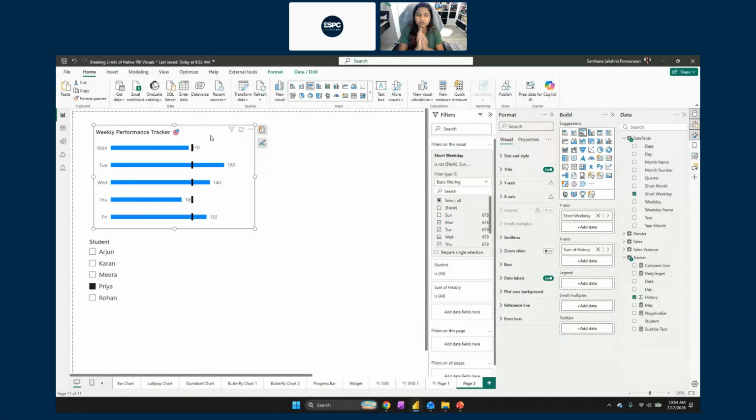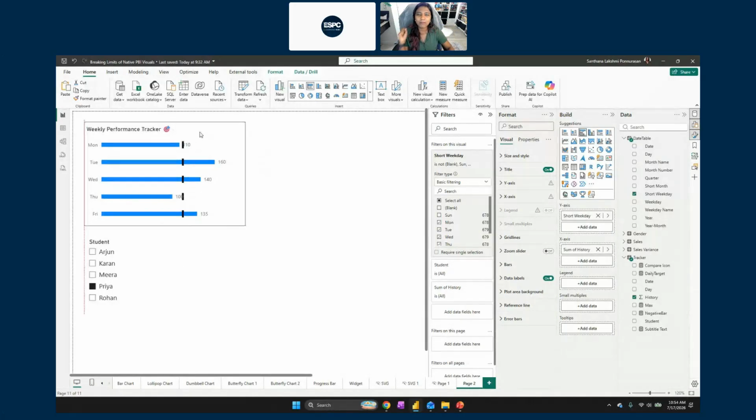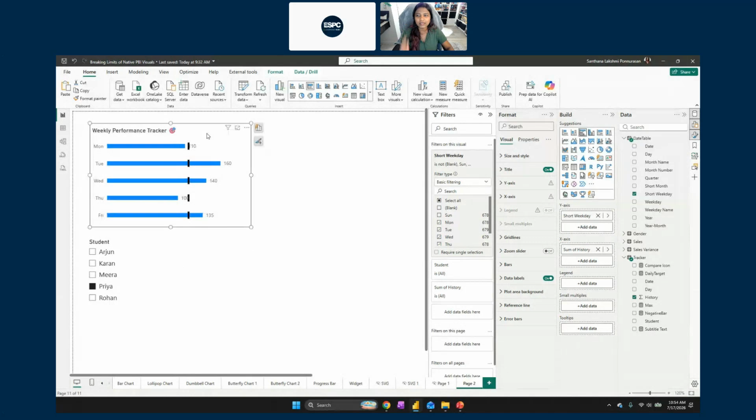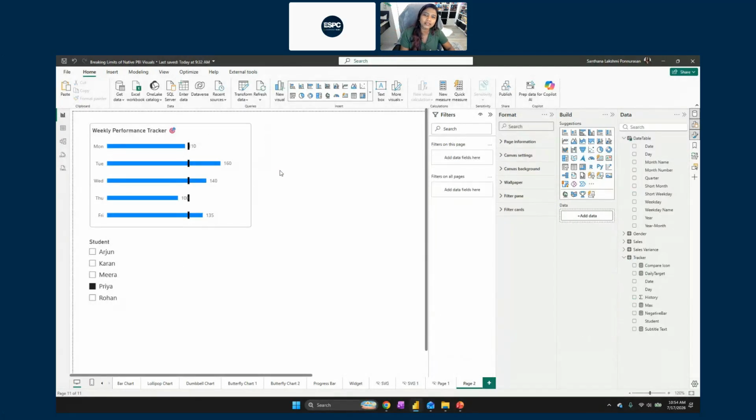But for beginners, for someone who just started, the best way is to use Format Painter. Have a template file with all possible visuals. If your organization uses lots of cards, lots of tables, lots of matrices, you have each page with that, and then all you have to do is use Format Painter and apply it to the other visual. That's the best way you could create templates from those visuals.